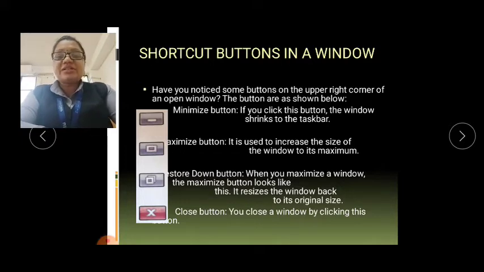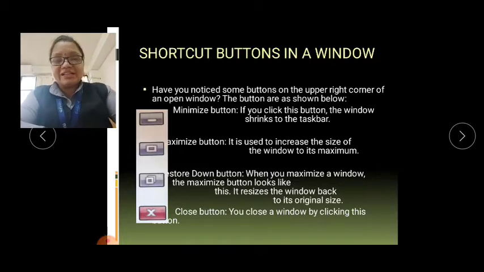That means restore down button means what? Suppose आपकी विंडो को आपने मैक्सिमाइज कर दिया. Now if you want it again in its original size, at that time you have to click on the restore down button. So what does it do? It resizes the window back to its original position. वो विंडो को अपने ओरिजिनल पोजीशन की साइज में ले जाती है.